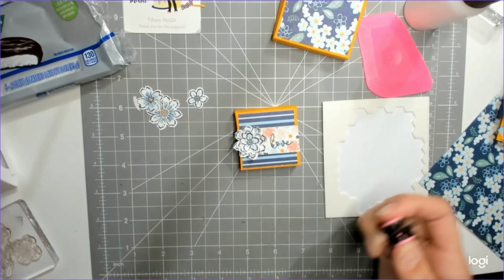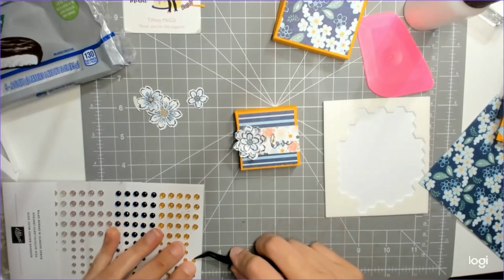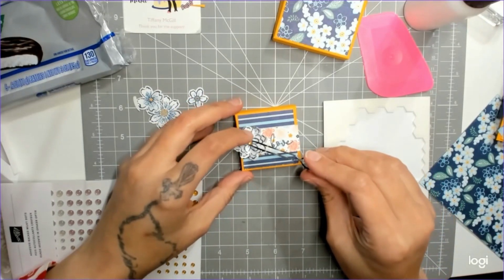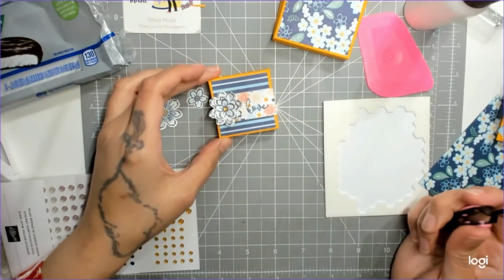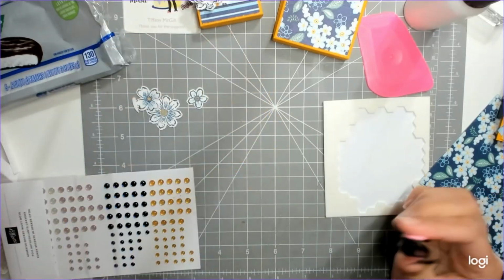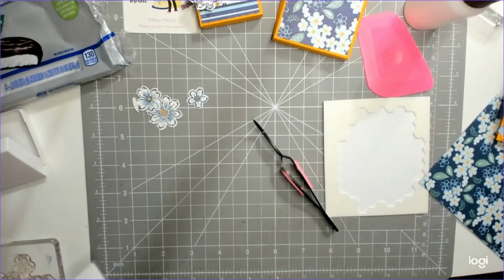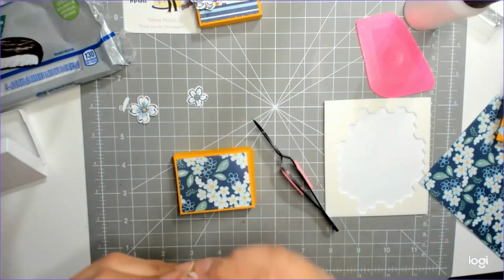Okay, enough with the fuss. Enough. Gems. I'm going to use a mango in the middle of that. And that's it. So cute. I love it. Okay, so for the other one, we have our three flowers. Oh, just got ink all over that. We have our three flowers, and